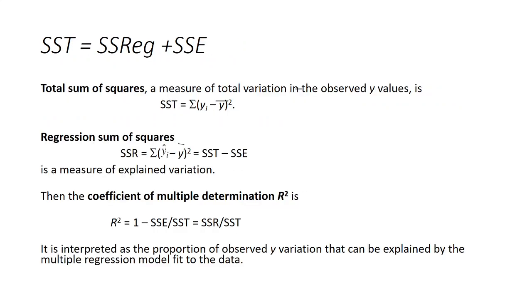Okay, so again, we're measuring variation statistics: the sum of squares total, the sum of squares regression, plus the sum of squares error. The sum of squares error is the sum of the squared residuals. We want that to be a small percentage of the total variation, and the regression sum of squares is a measurement of the explained variation. And then the coefficient of multiple determination, r squared, is the sum of squares regression over the sum of squares total. The closer that percentage is to 1, the better our model in general